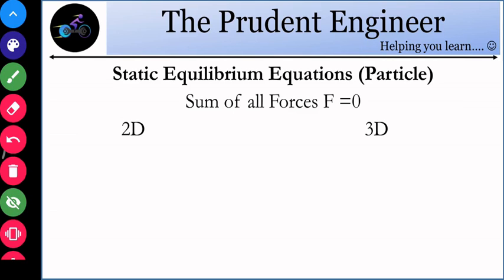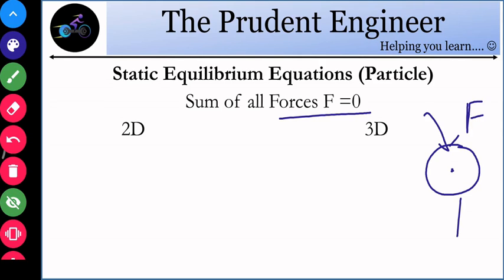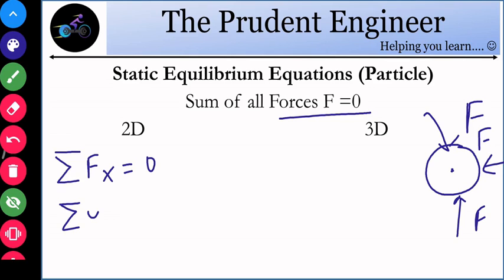The static equilibrium equation says the sum of all the forces acting on a particle should be zero. That means the particle is at rest. The sum of all the forces acting from any direction should be zero. So in 2 dimensions you can write that the sum of all the forces on a particle in the x direction is equal to 0, and the sum of forces in the y direction is 0. This is the Cartesian coordinate system; you can also write it in terms of parallel or perpendicular systems. So that will give you two independent